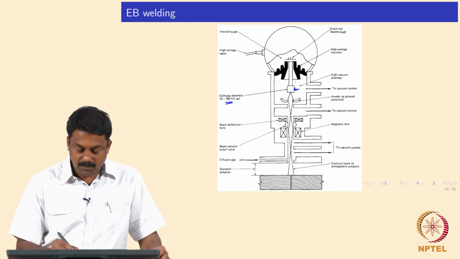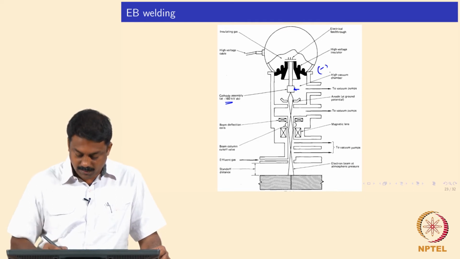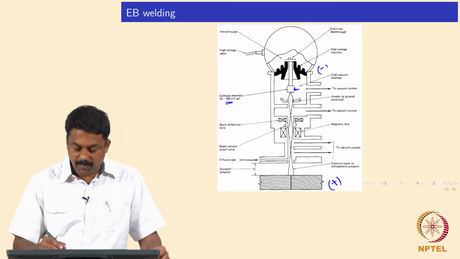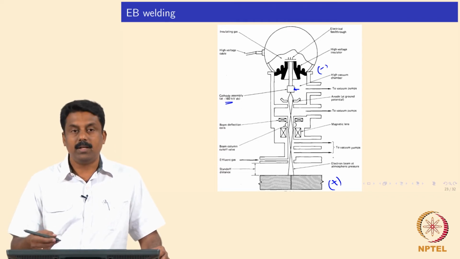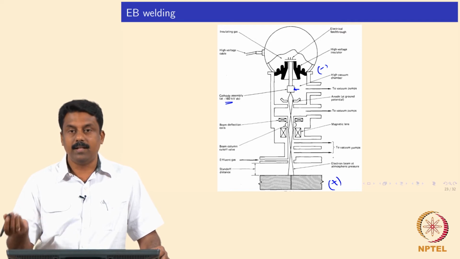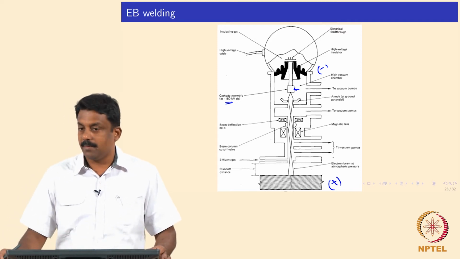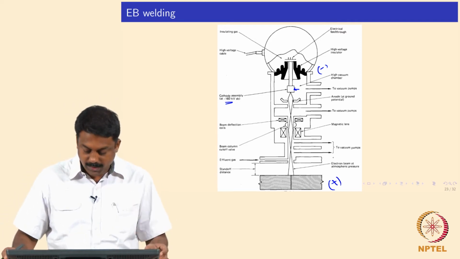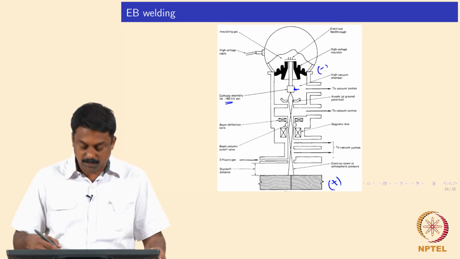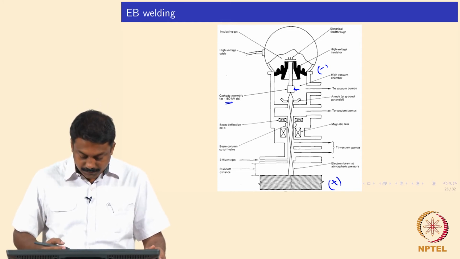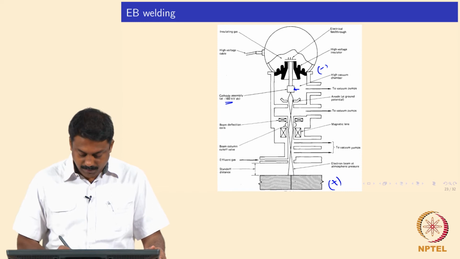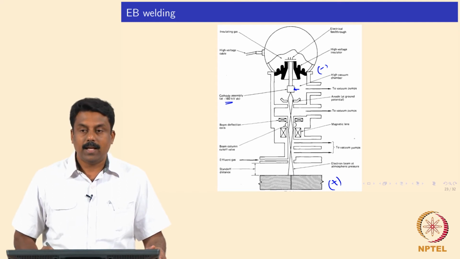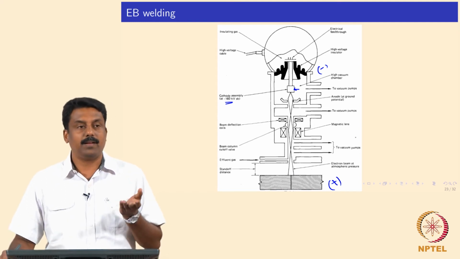We always know that the cathode would be negative and the anode positive, and we maintain the voltage difference between the cathode and anode, and that will determine the acceleration voltage and then the acceleration power you achieve from the electron beam. It is accelerated based on the voltages kept between anode and cathode. Then, using the lenses, we can focus and defocus the beam onto the workpiece, and the spot size is much smaller.